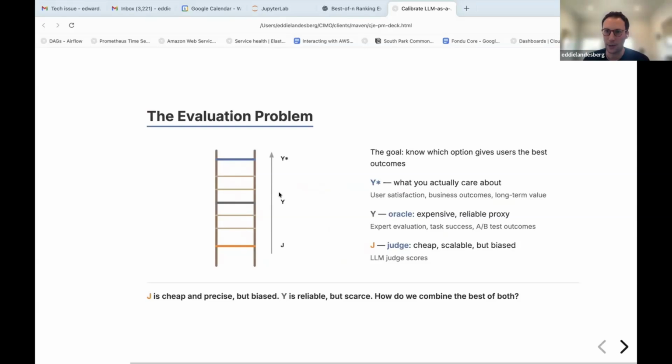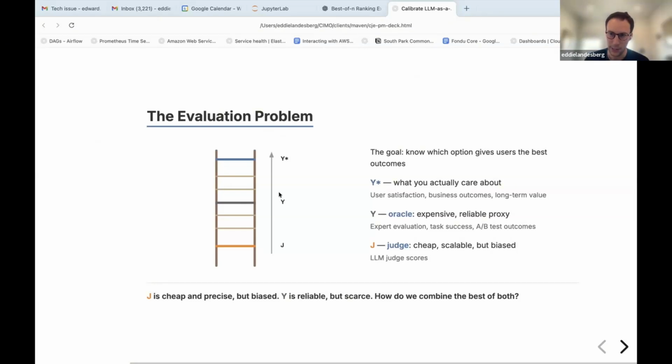So, evaluation problems have existed for a very long time. If you think about testing a new drug and the effect that has on people's health, and whether it's effective, that's another evaluation problem. In the case of LLM-as-Judge and AI evals in general, it's just a special case of a pattern that's existed for a long time.